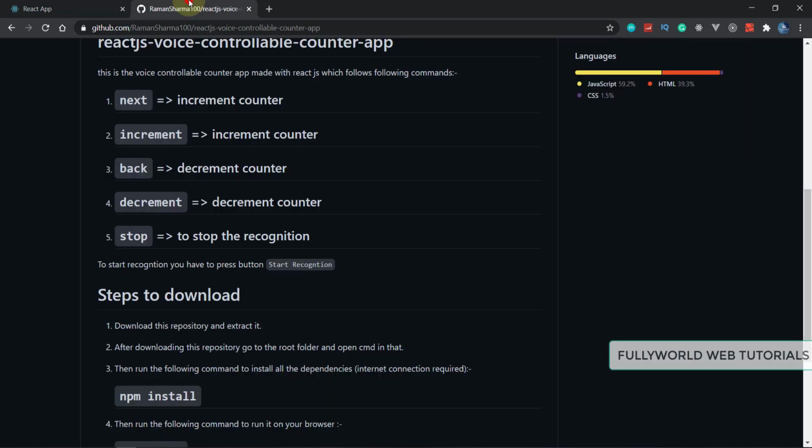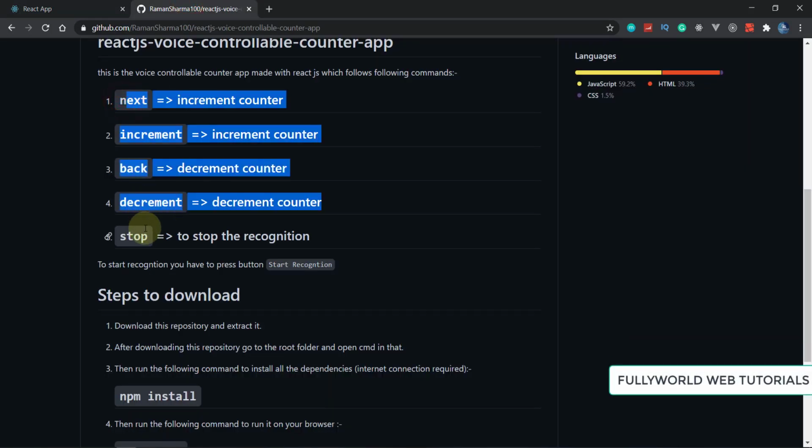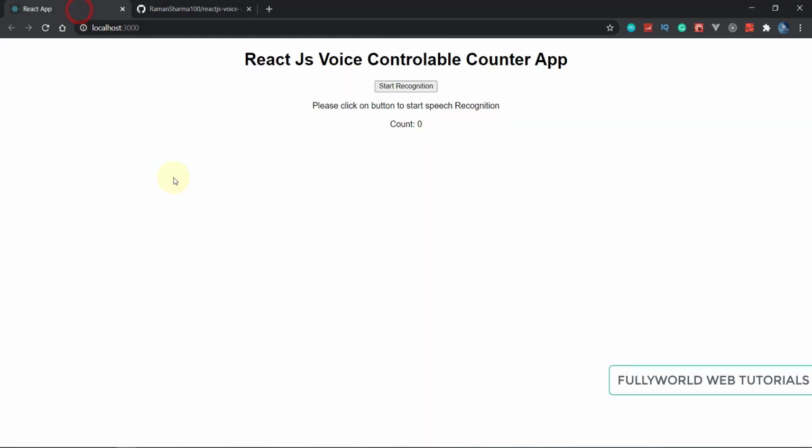And until you say one of these 5 commands, it will do nothing. It will just keep listening to you. So this is the benefit of this React.js voice controllable counter app. It looks very complex to create this app, but it will be very easy for you if you watch this tutorial fully.